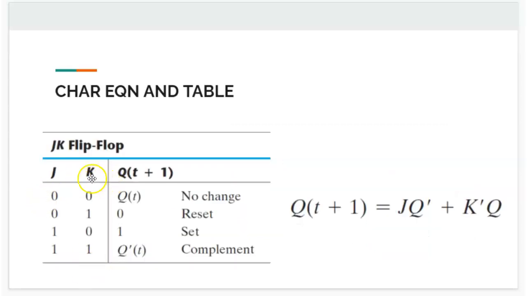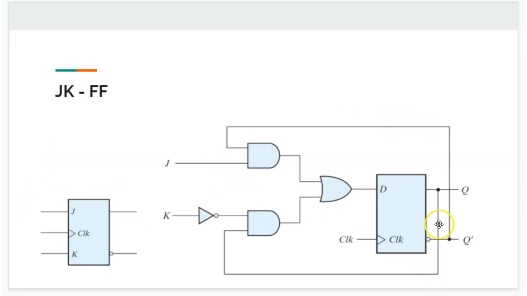So we wish to construct such a flip-flop where there are two inputs to it, and the next state depends in such a way that if you give 0 and 0, there should be no change in the state, if you give 0 and 1, there should be reset, if you give 1 and 0, it should be set, and if you give 1 and 1, it should be Q dash, the complement of it. To realize this, we can construct the characteristic equation which satisfies all the criteria given here. And then when you try to realize it, you get the circuit here. You just feed the outputs back to the inputs here, then you construct such a circuit.